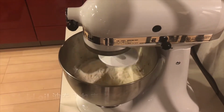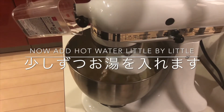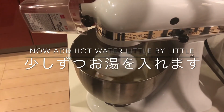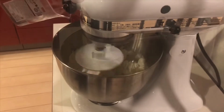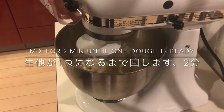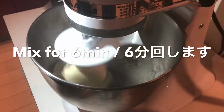And then after running for a few seconds, I will add water little by little, not at once, just be careful here, and run that for another 2 minutes on the same speed. Here I go, I added all the water. I'm leaving that for 2 minutes there, and once the dough becomes one,